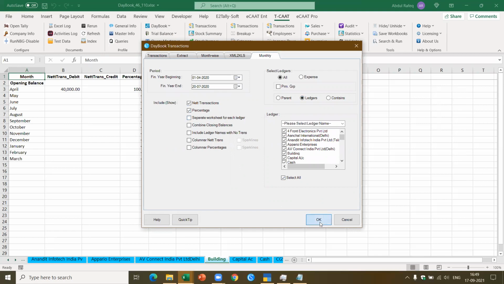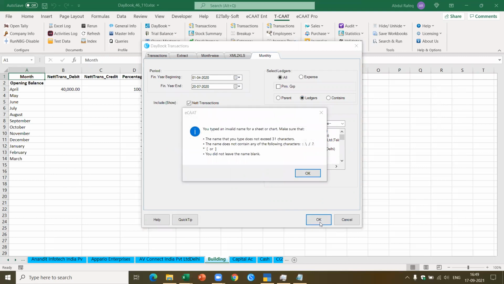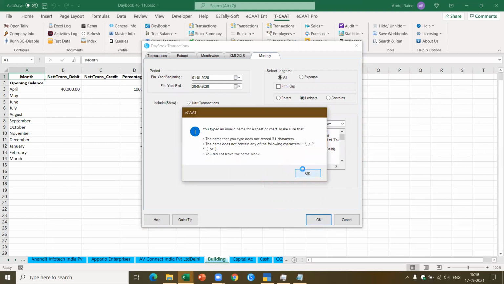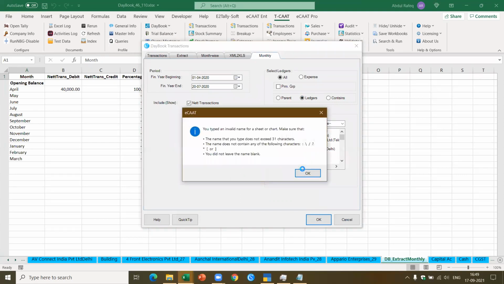So in this case, I'll be able to get the information about all these 100 plus ledgers, whatever ledgers are available. So in this case, I think there's one of the ledgers which has got a wrong name, a name which is not recognized, which has got a special character.